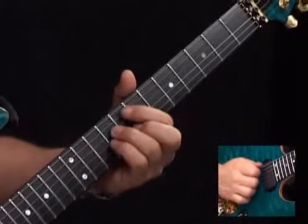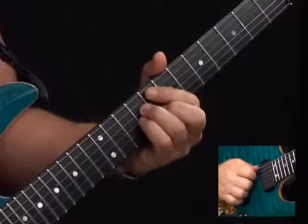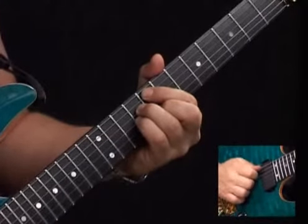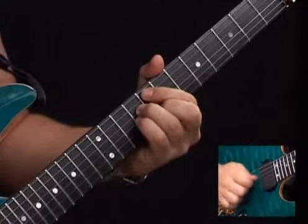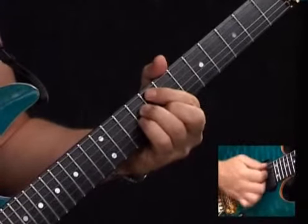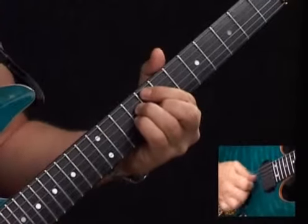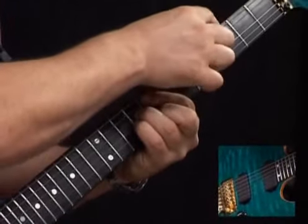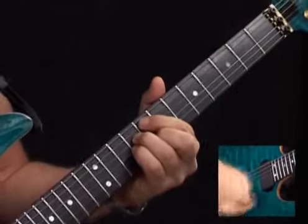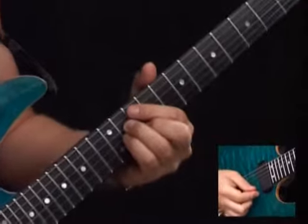First chord is going to be G13. Okay, now we have 8 on the A string, 9 on the D, 9 on the G, 8 on the B. Now you notice there's no G at the bottom there, but that's fine, as we've discussed before. The bass player is going to provide that G. Okay, then the next chord we're going to look at is